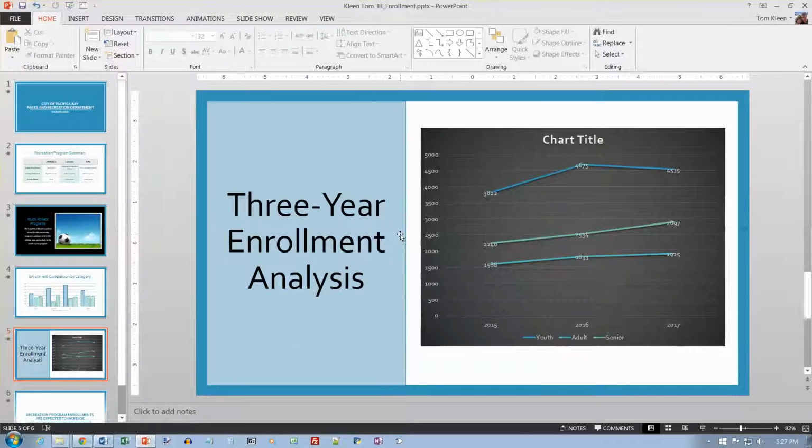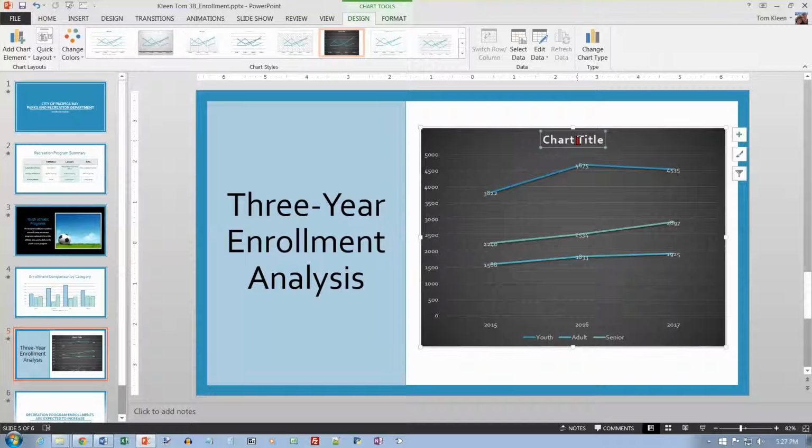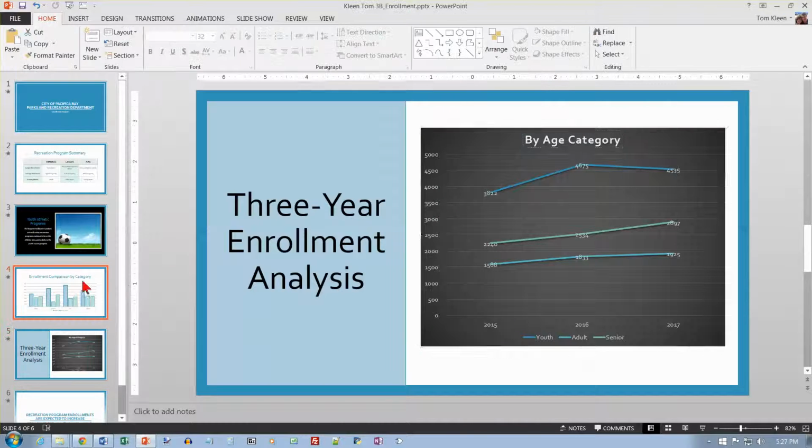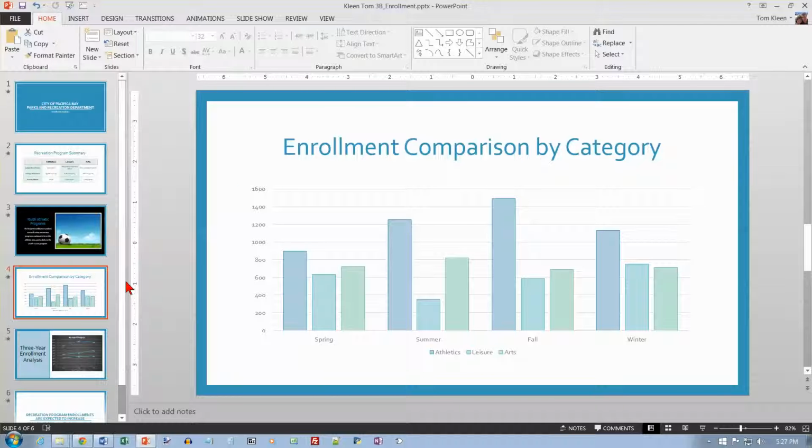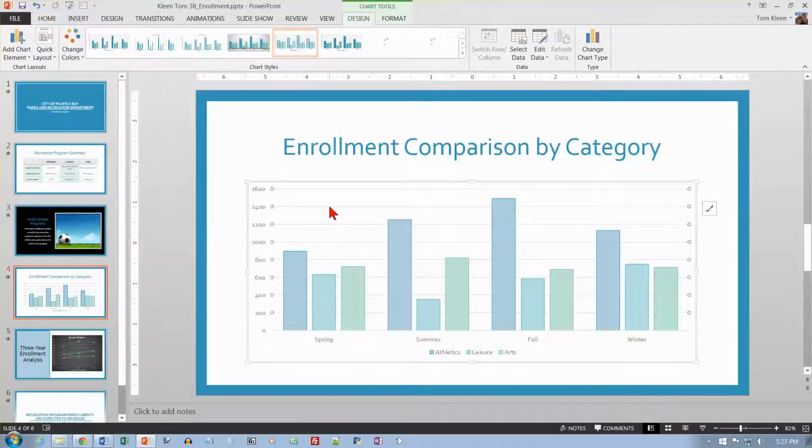And chart title, just click on it, and if you got the solid line around it, which we do, you can just start typing, and our title is going to be by age category. And now we're going to animate the chart. Let's go back to slide 4 and select the chart